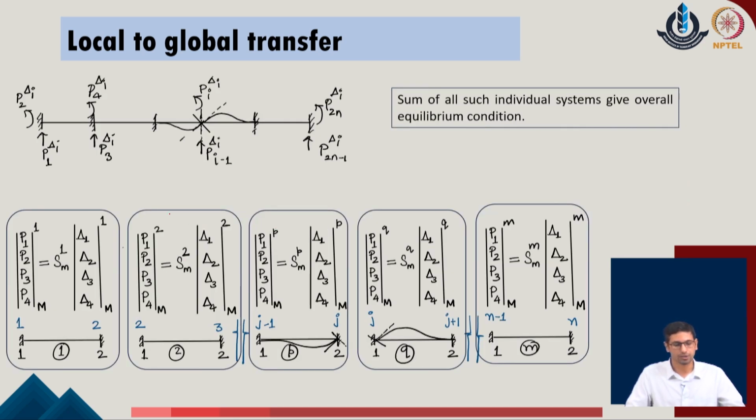If you look at this process in the similar manner for any generalized case, we have a degree of freedom corresponding to the degree of freedom I in the given system. We provide it as a rotation. Corresponding to that, the contributions will be provided by both the members which are on the left and the right of the given system. So, when we are adding the contributions corresponding to this particular degree of freedom, the contributions will be attributed by both the member on the left hand side as well as the member on the right hand side.